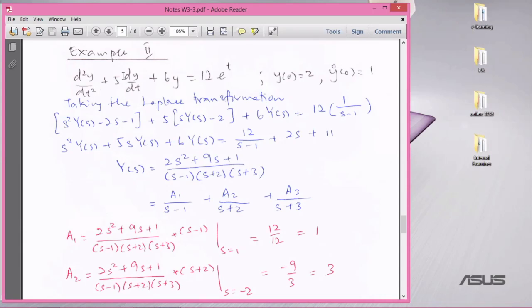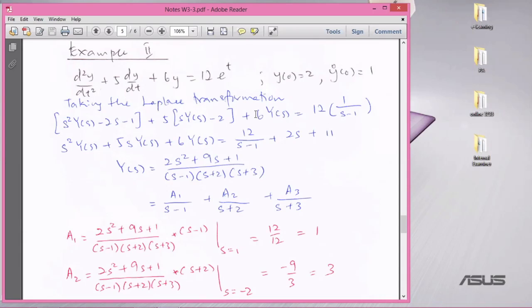Now take the Laplace transform of the first derivative. 5 is just a coefficient, so you have 5 there. And then the Laplace transform of the first derivative is just s Y of s minus y of 0. y of 0 here is the value of y when time equals 0, which is the initial condition, which is 2 here. Okay, and then the Laplace transform of the variable, just Y of s,